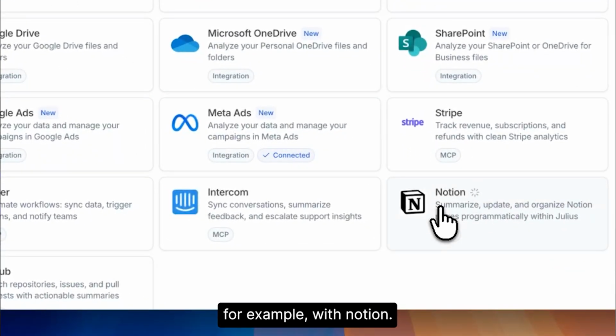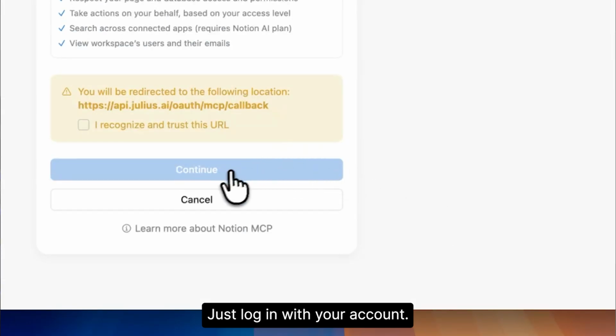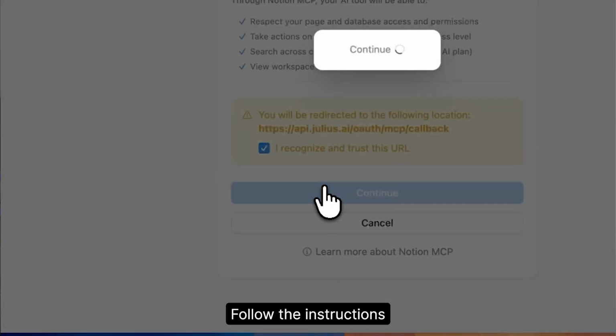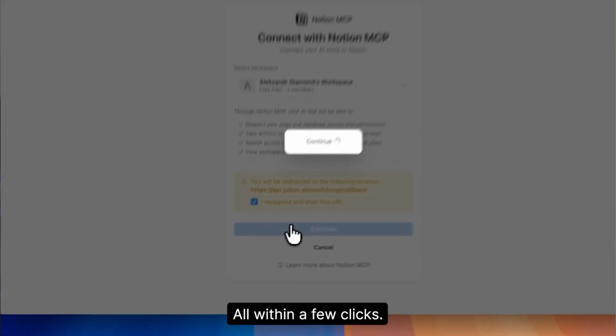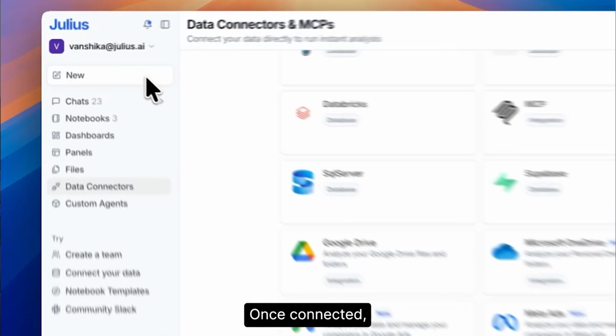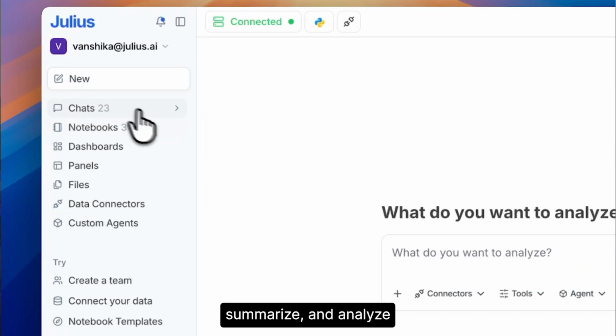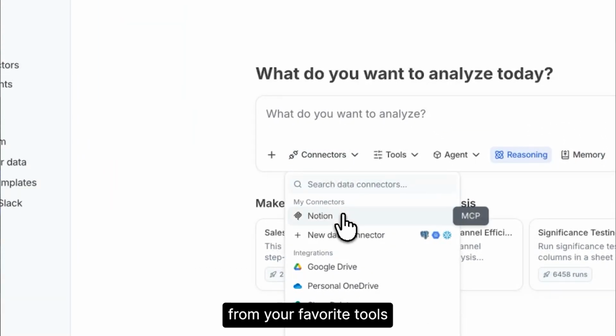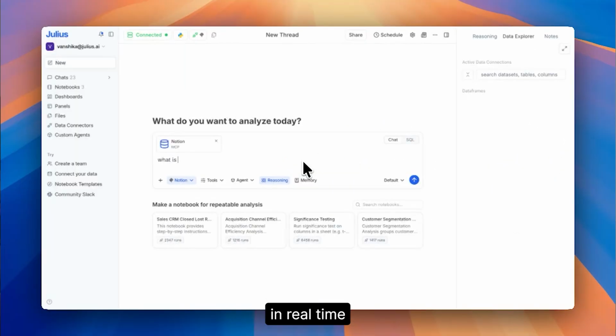For example, with Notion, just log in with your account, follow the instructions, and you're connected, all within a few clicks. It's just as simple for the rest. Once connected, Julius can search, summarize, and analyze all of that data from your favorite tools automatically, in real time,